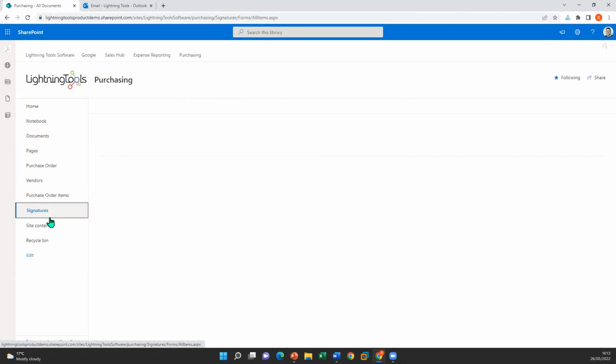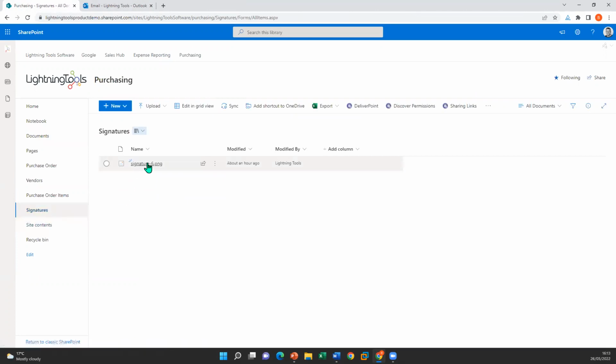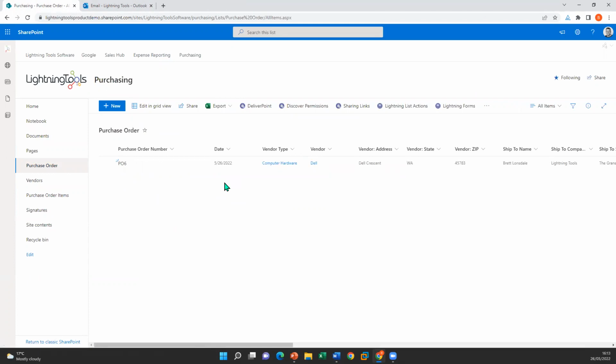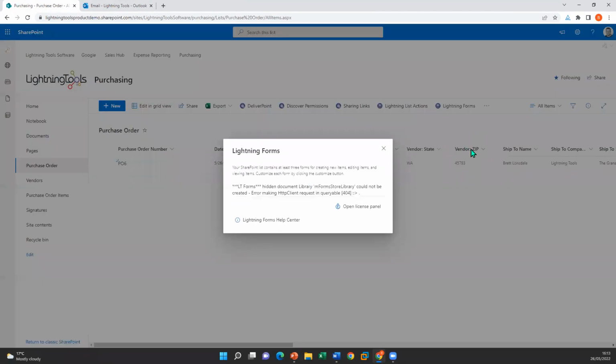And finally, we're also going to sign off these purchase orders as well. So we'll be collecting signatures inside a signatures library. Okay, so let's jump into the purchase order first of all. And what you'll notice when I go into Lightning Forms from the command bar here,